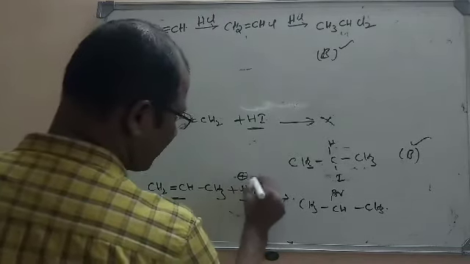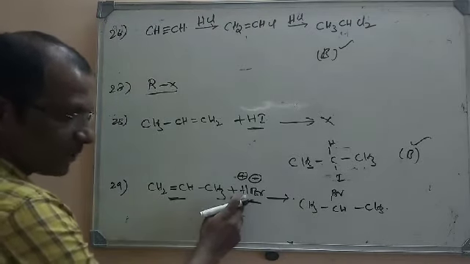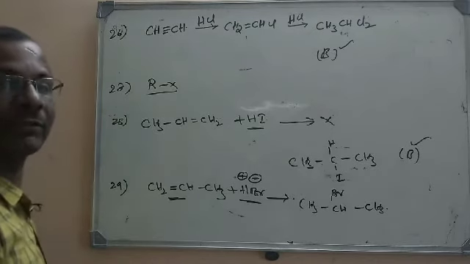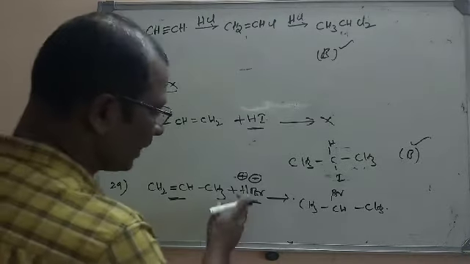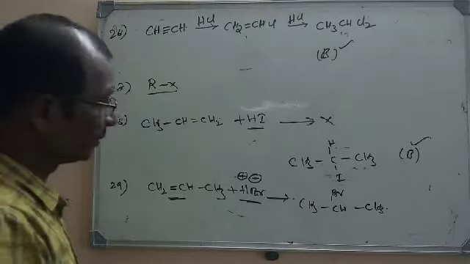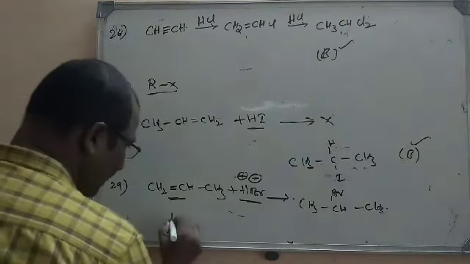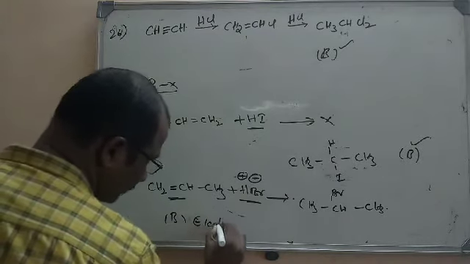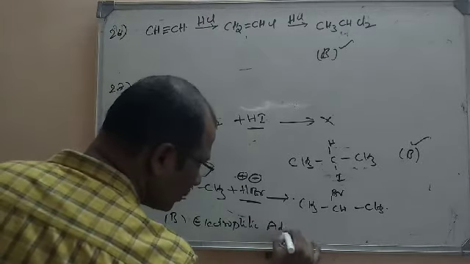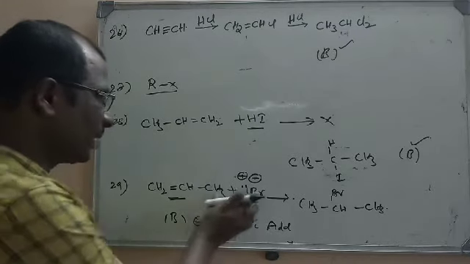Here H plus and Br minus are there. As we have a double bond here, the electrophile H plus initiates the reaction, and it is an unsaturated compound, so it will undergo an addition reaction. So it is an electrophilic addition reaction, because the reaction is initiated by the electrophile and it is an addition reaction. So what is the correct option here? Second one. Substitution means one electrophile replaces the other, but here it is simply added.